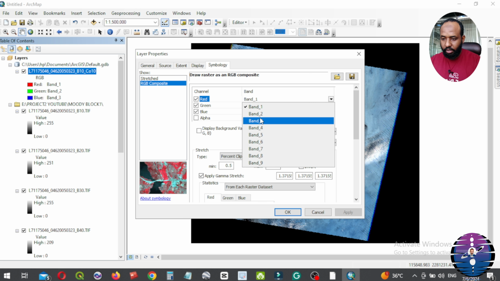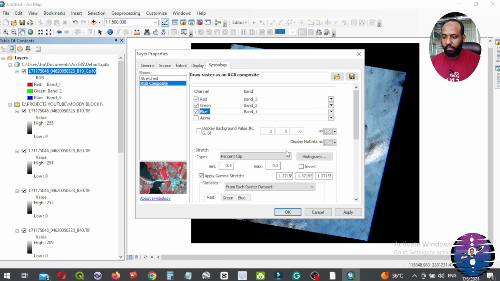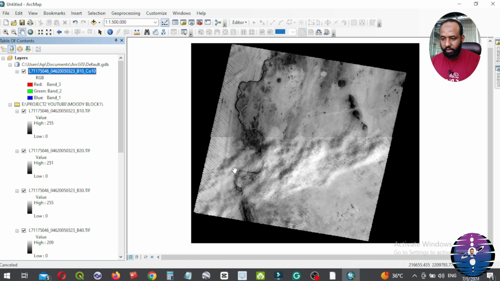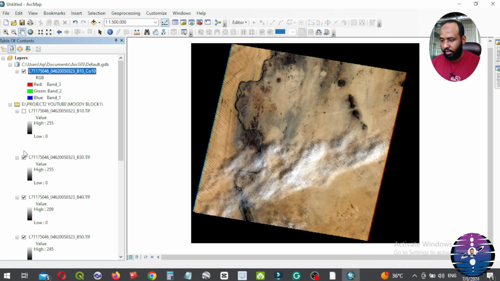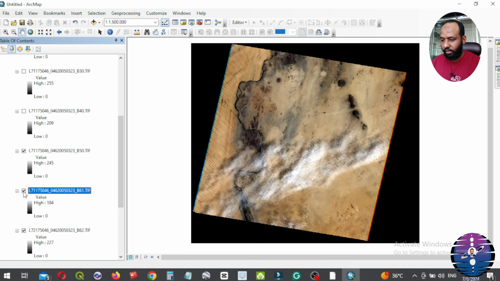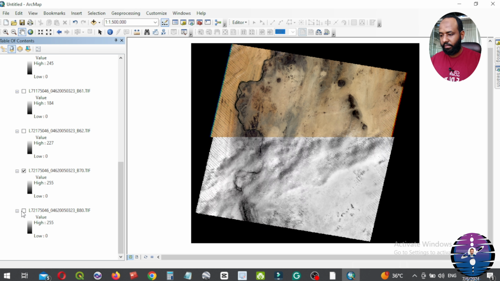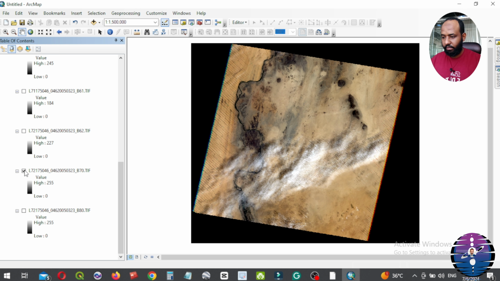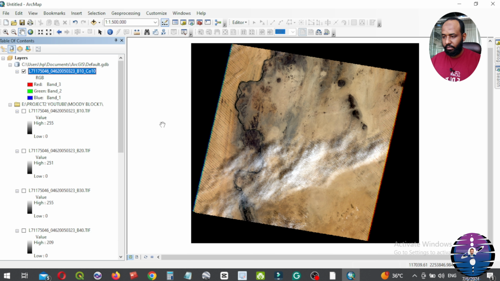You can make it 3, 2, and the blue one. Then apply. Okay. Then we deactivate the indicators for the remaining TIFF in the table of contents.